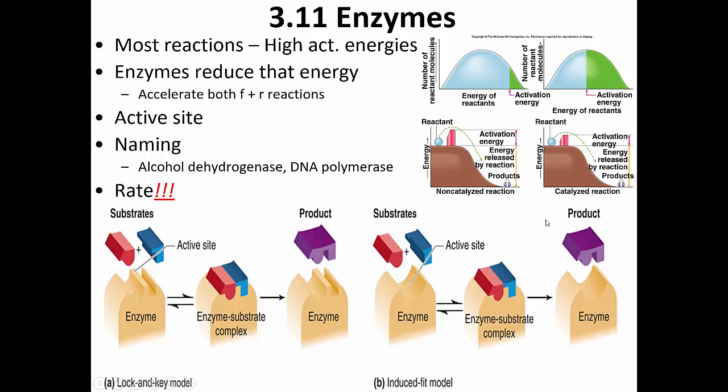The two graphs on the bottom of our figure in the upper right-hand portion of the screen show us another illustration of this idea of activation energy. This particular graph that I'm circling now shows us the energy on the y-axis and the progression of the reaction on the x-axis. And so the reactant starts out with more energy than it finishes with. This is an exergonic reaction, a reaction that gives off energy. But the red bar there, or the red wall, signifies the activation energy that's necessary for the reaction